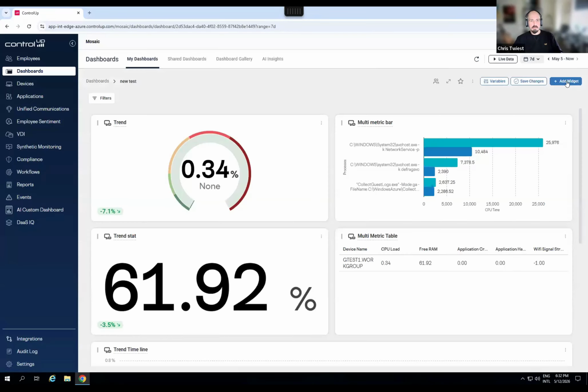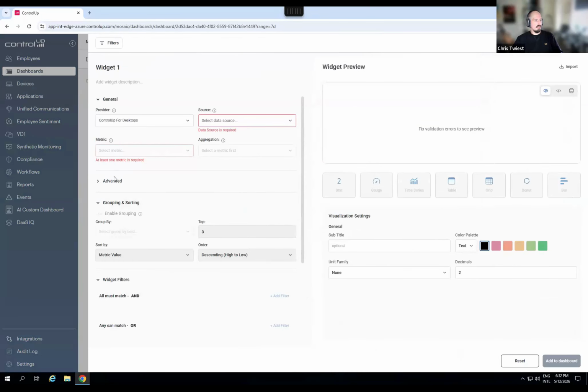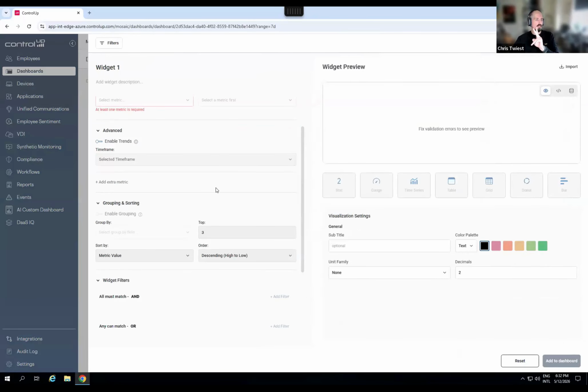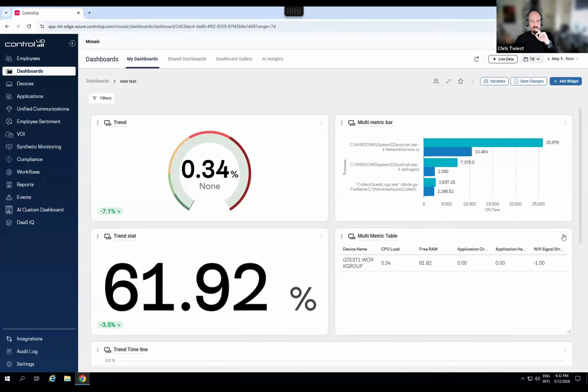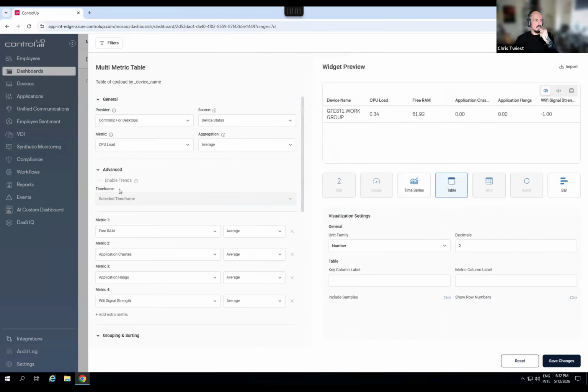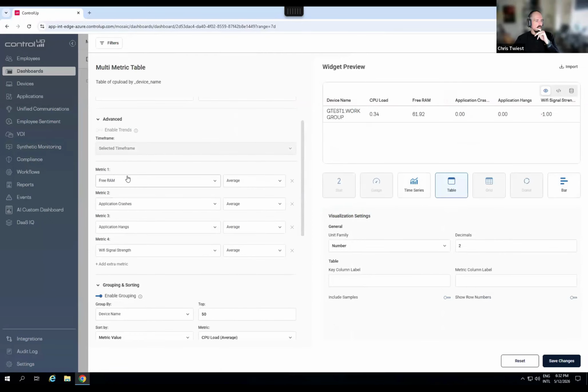So if I open the builder, by default this advanced section will be closed, but you can unfold it and there will be two advanced features. You can enable trends and you can enable extra metrics. So I built this table widget, and in the advanced section, I've added 4 extra metrics. So I can have a total of 5 metrics now in a time series, a table, or a bar.